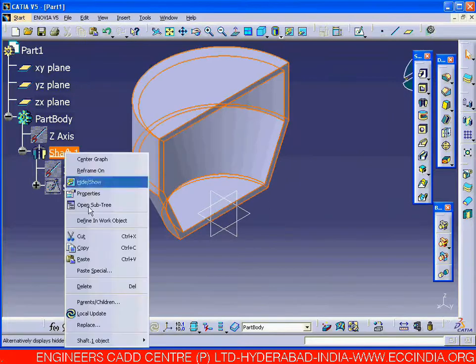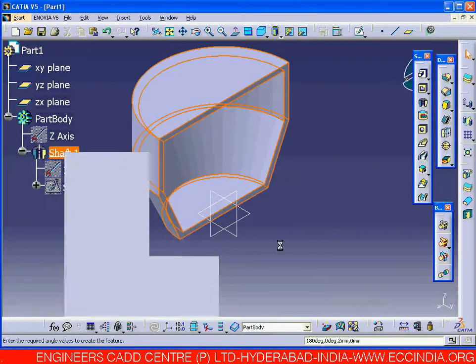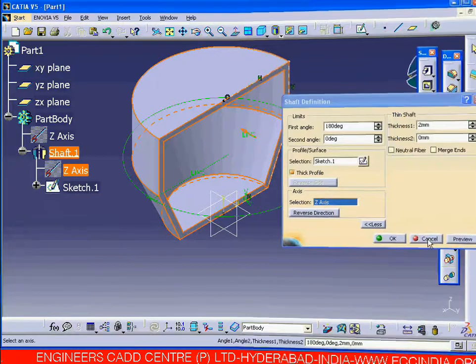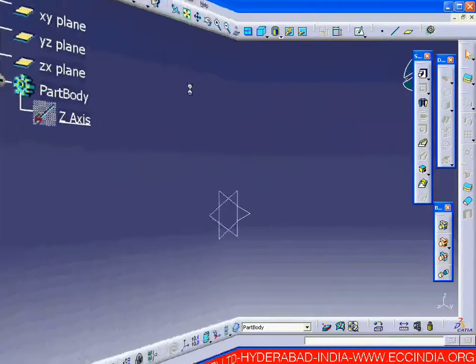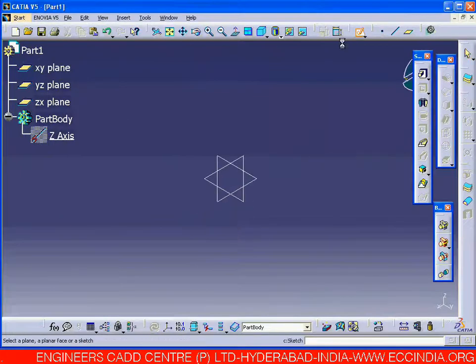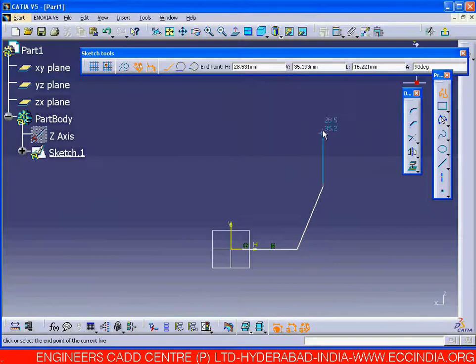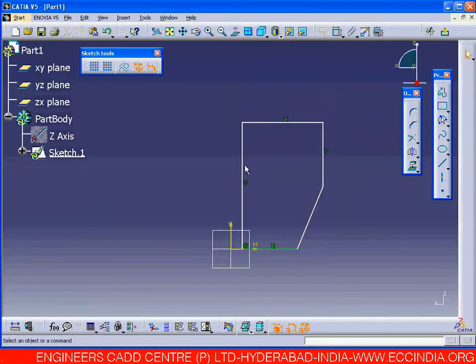I have used the first method, that is, giving the axis by using X, Y or Z. The second method is selecting the axis from the sketch itself. Now we have some gap between these two, but still I will select this line as a sketching element.